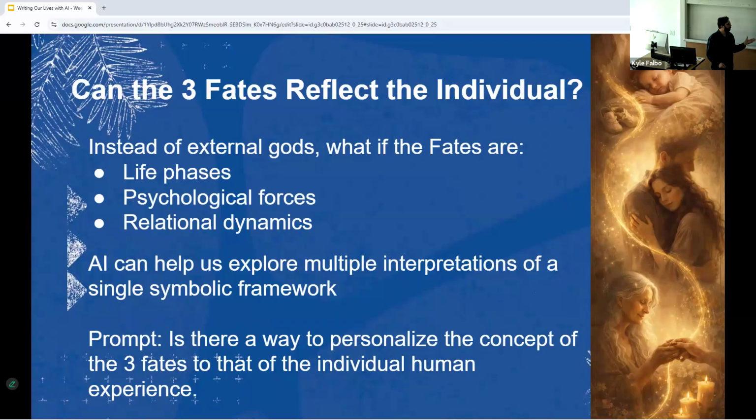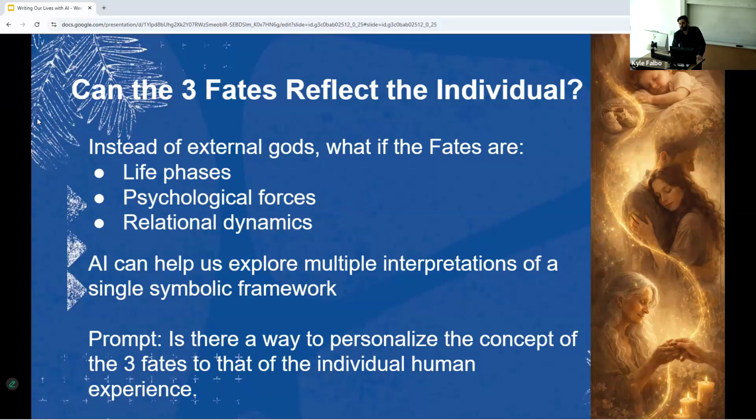And AI can help us explore multiple interpretations of a single symbolic framework like the three fates. So that was the journey that I went down: is there a way to personalize the concept of the three fates to that of the individual human experience? And I'll show you what I got from that prompt.